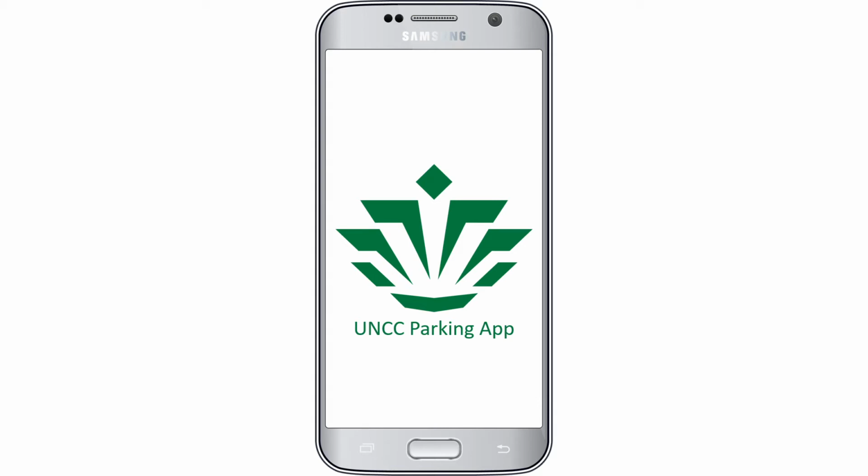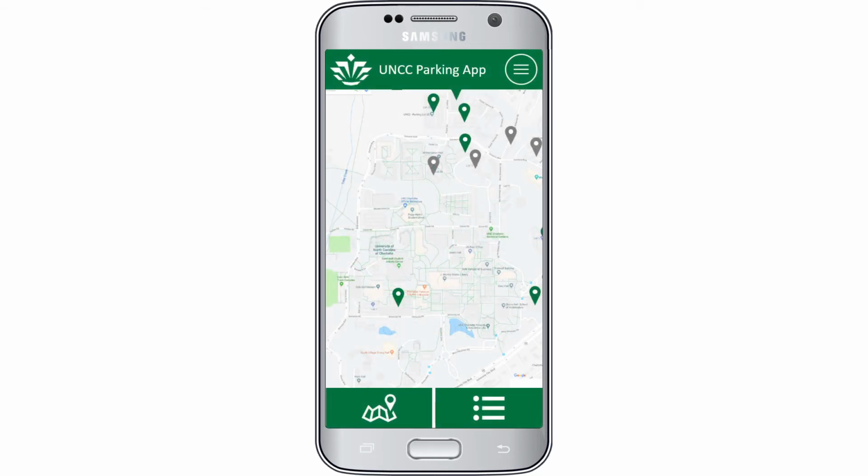So this is my UNCC parking app. Here you see the loading screen. And when we load into the application, we end up on the home screen. The home screen, as you can see, has the UNCC parking app name and the UNCC logo in the top,